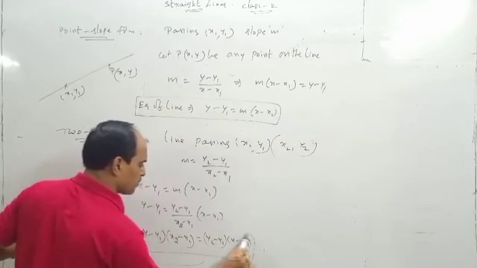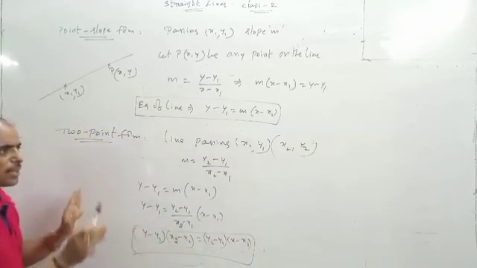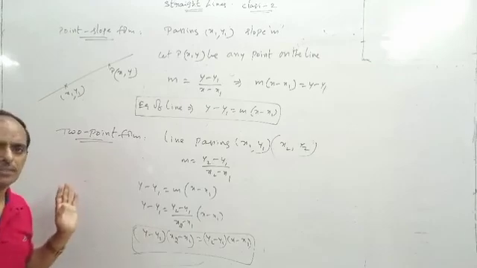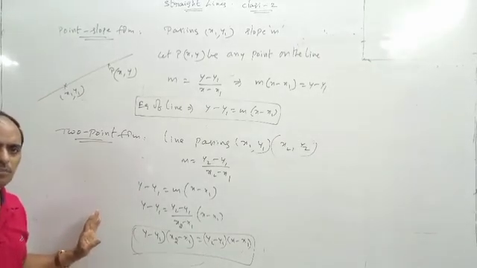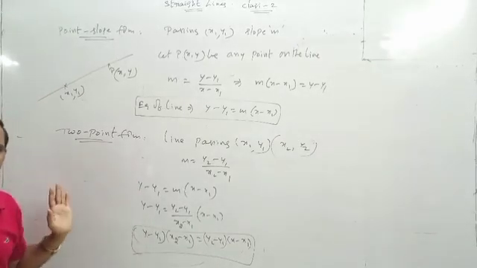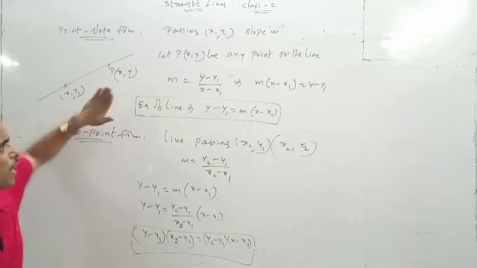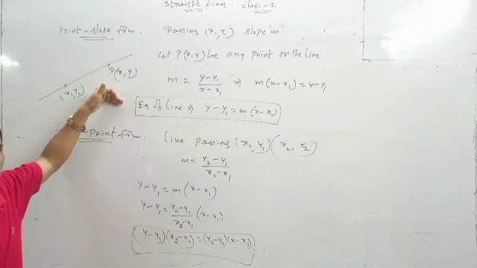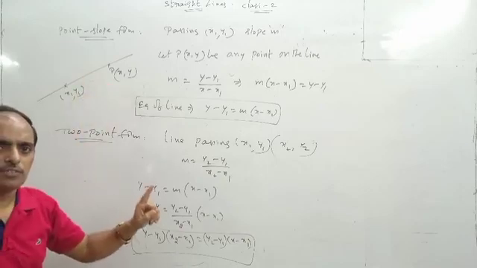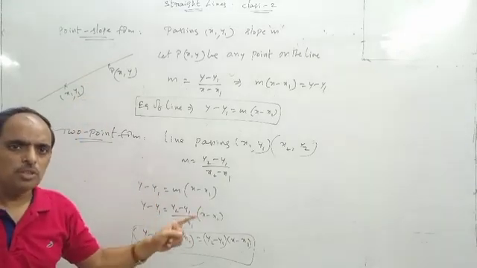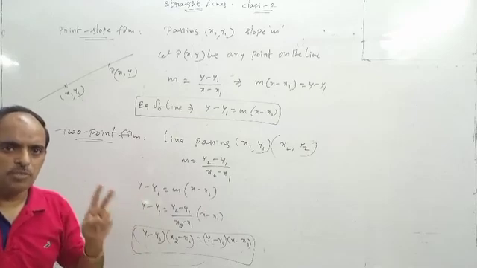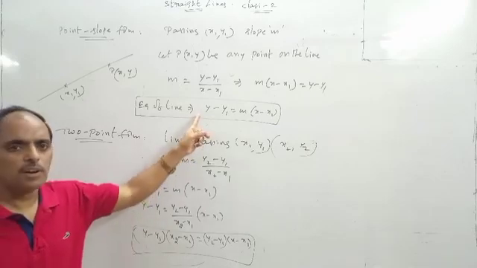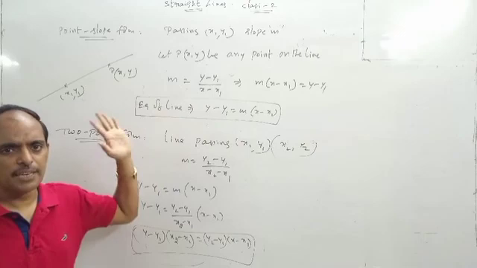This is the 2-point form. There is no importance for this formula. Just listen, nothing important for this one. You have to remember this one, okay, this formula comes from this only. So whenever we find the equation of a straight line other than intercepts, we require 1 point and 1 slope. If 1 point and 1 slope is given, this is the formula to find the equation of the straight line.